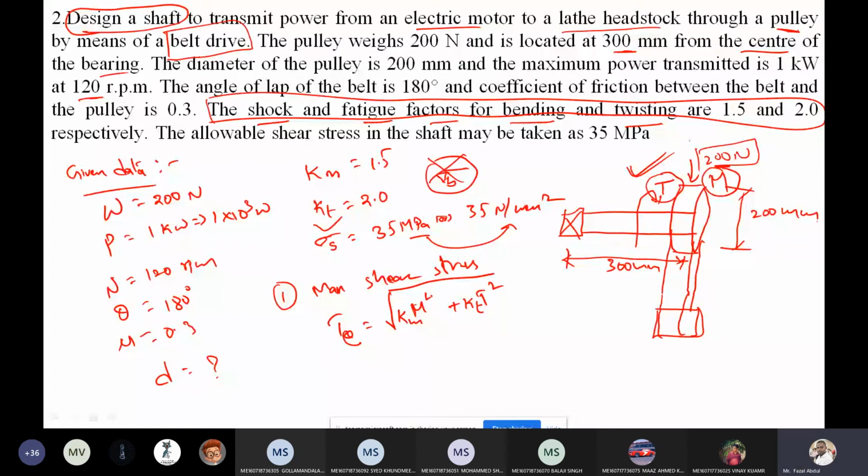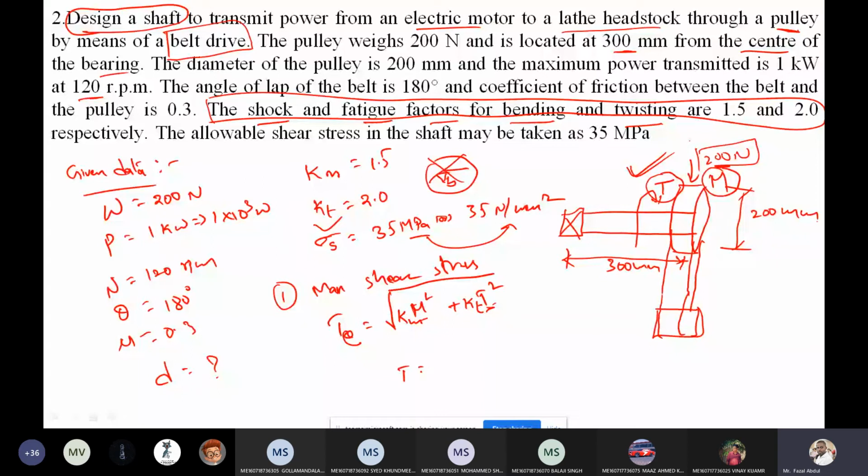See here, what I said: to solve the problem, first we need to identify the problem. So I identified this is a combination of bending and torsion. After that, we need to select which equation is suitable to solve this question. So I selected this equation. After selecting the equation, what are the parameters required to solve it? T parameter, M parameter is required. Those parameters I am calculating now.